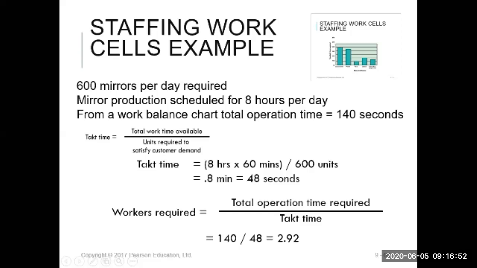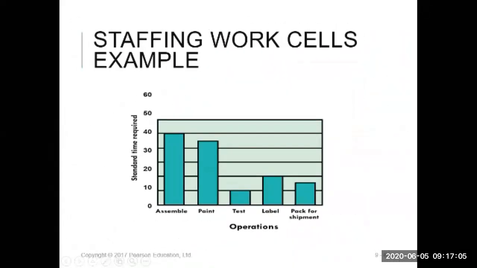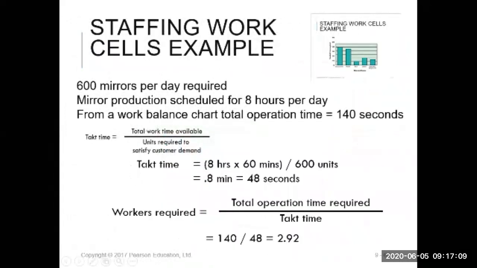Now, the formula for takt time is total time workers available divided by units required. Remember, the production schedule is 8 hours per day. Every task is given in seconds, so we have to convert to seconds. If it were in minutes, we would use minutes. 8 hours times